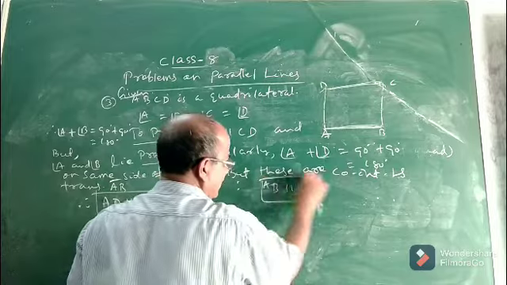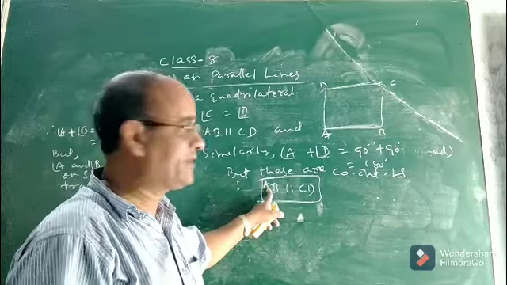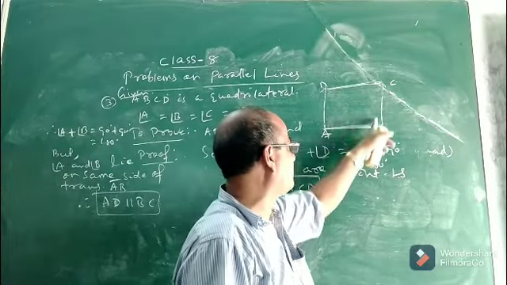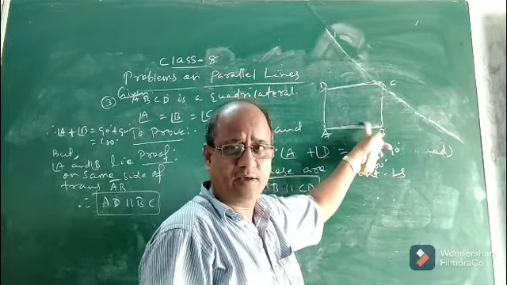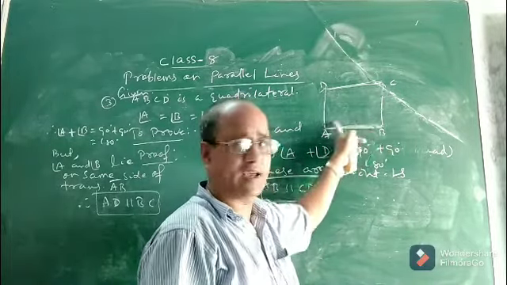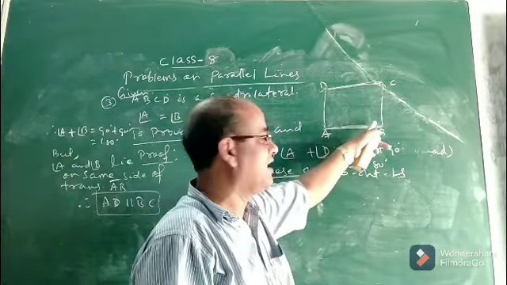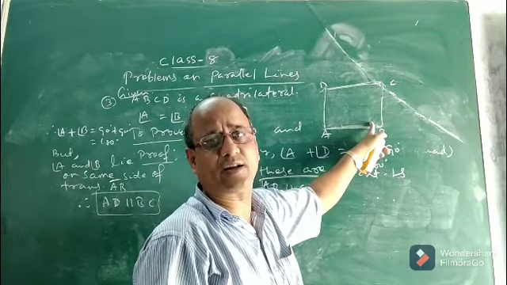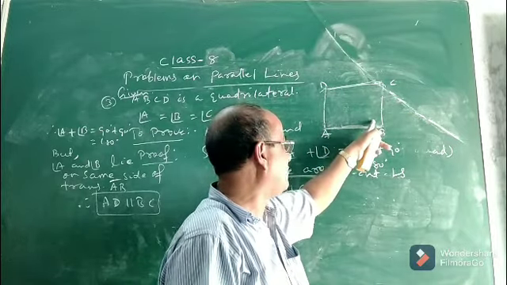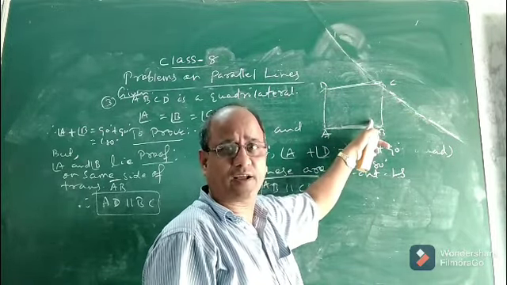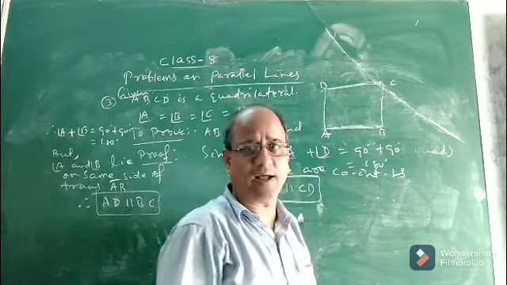So AB parallel to CD. See, in this way we can prove. Once again I am saying, after you got the measure of each angle, angle A, angle B, angle C, angle D, 90 degrees, you simply add angle A and B. A plus B is 180 degrees. But you see, angle A and B, they form a pair of what angles? Consecutive interior angles. And they form a pair of consecutive interior angles with which transversal? With the transversal line AB. So if A and B form a pair of consecutive interior angles whose sum is 180 degrees, definitely AD and CB will be parallel.